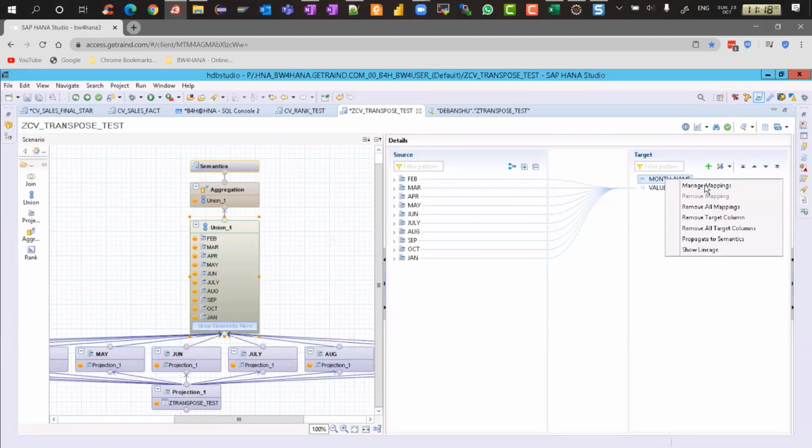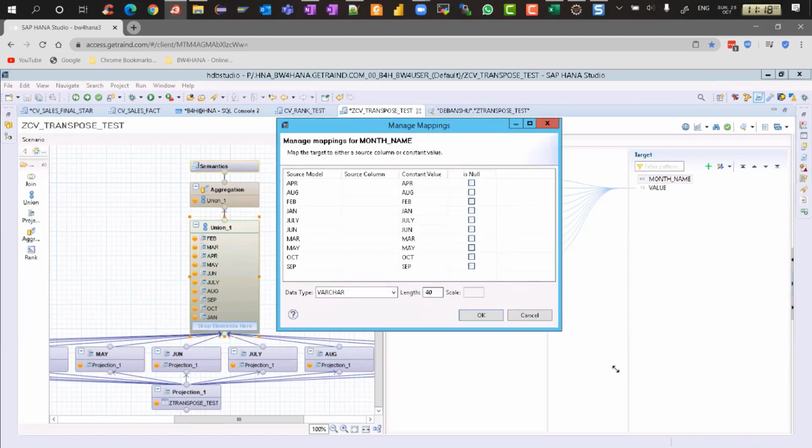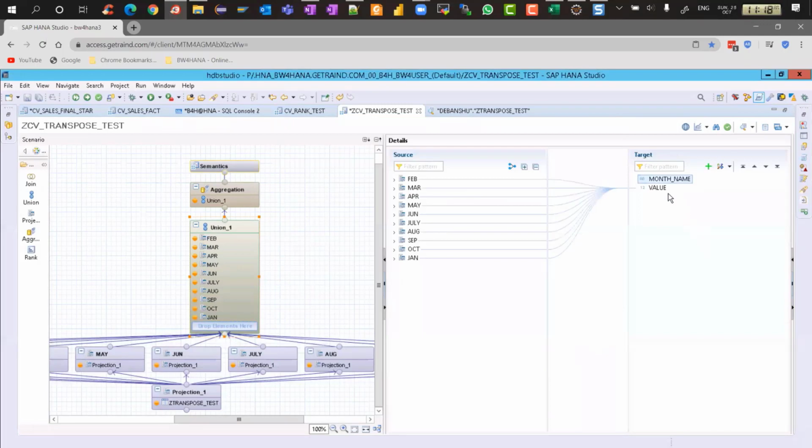Now if you see the mappings of this month column, I have given constant values for each source projection node. For the April projection node it is April, for August it is August, for Feb it is Feb. Whatever projection node is there, I have mapped a constant value. The actual values I am getting from these nodes, because they give me the value.